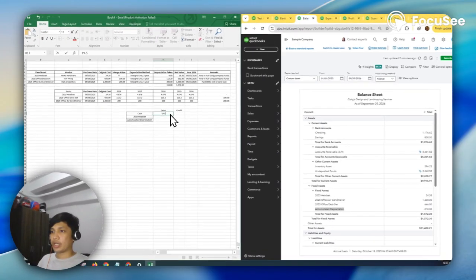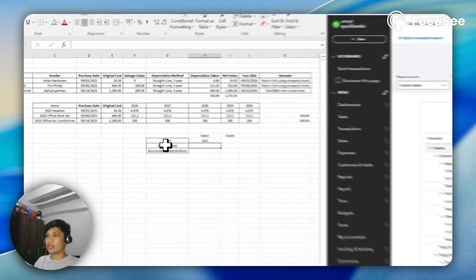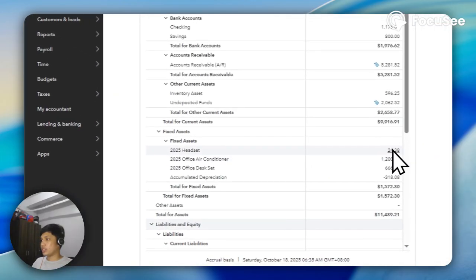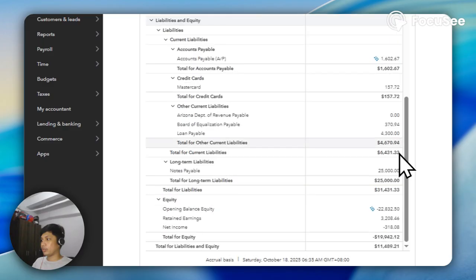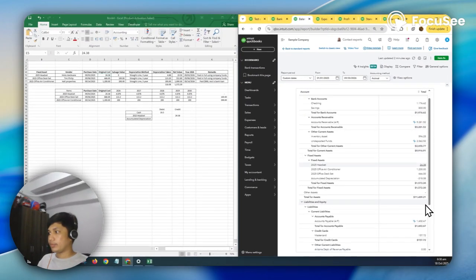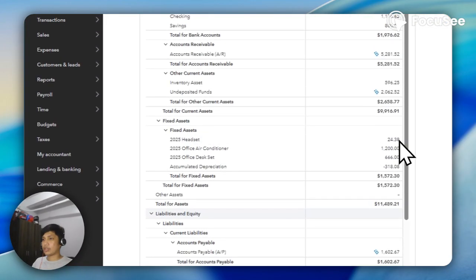It will increase our cash. And then the headset value was 24.38. It will be a credit to cancel or zero out this asset in the balance sheet. You can see you have to minus 24.38 in the balance sheet to zero out this headset asset.